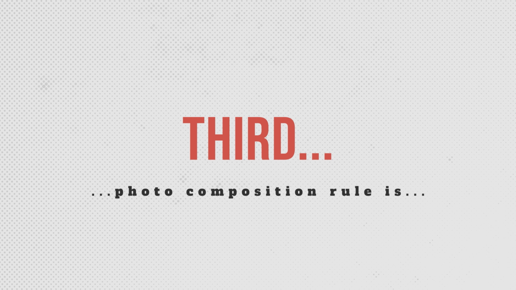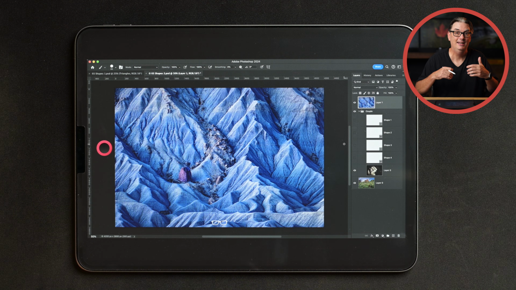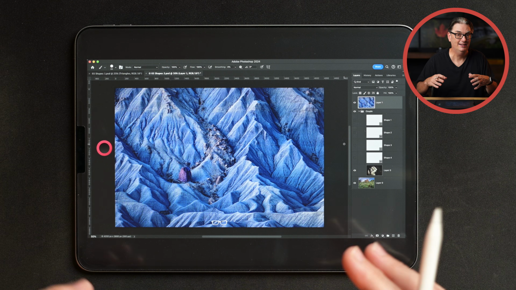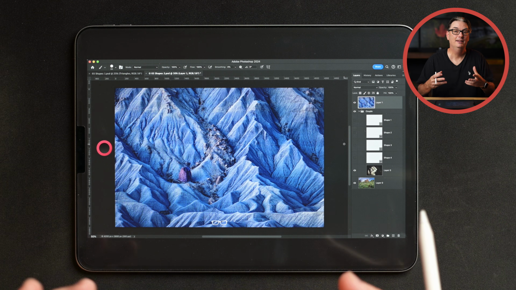Another way to elevate your photo compositions and create better images is to utilize shapes in a scene. Triangles in particular are the most powerful. So incorporating triangles within your frame will make your photo compositions more engaging and your images more interesting. So triangles can divide the space, they can guide the viewer's eye, kind of like leading lines,